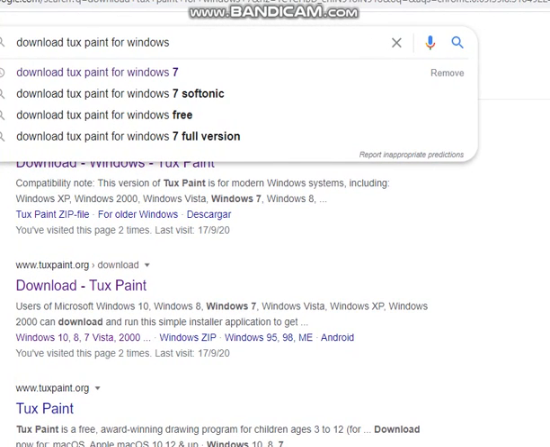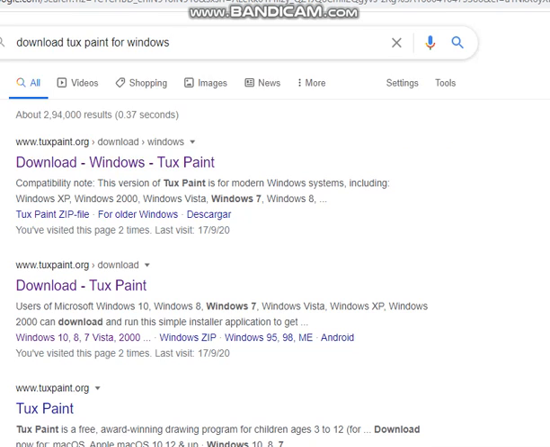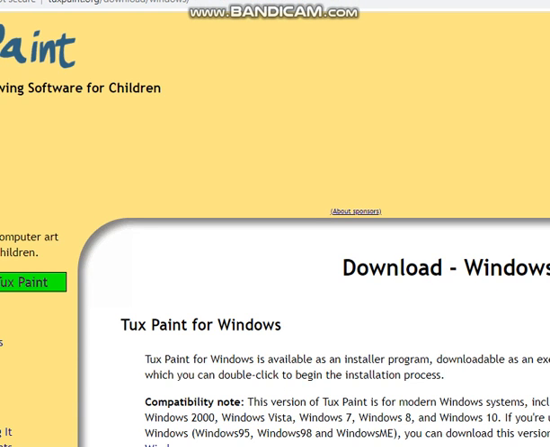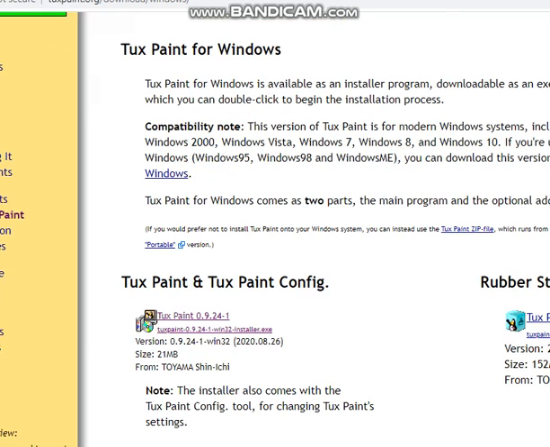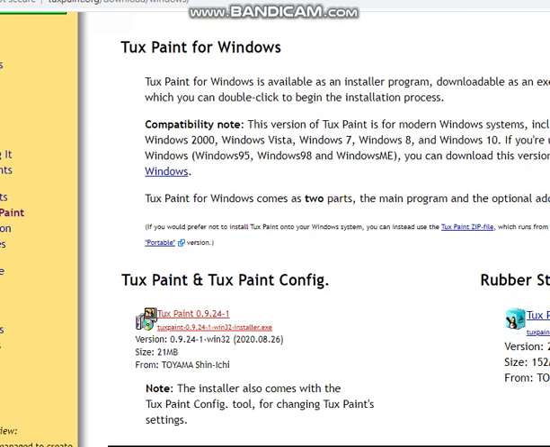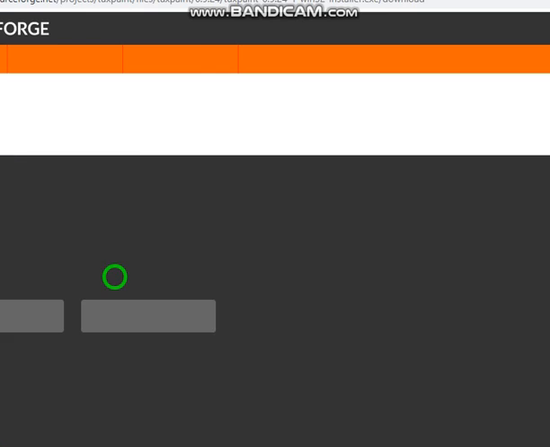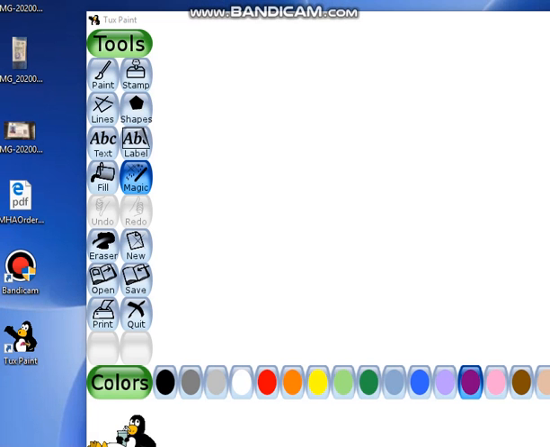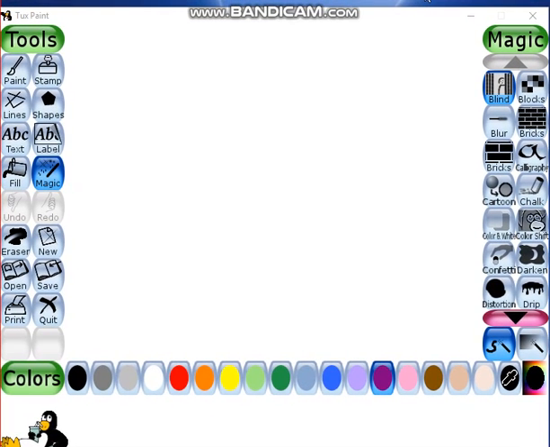Now you will enter this and you will go for the download Windows Tux Paint in tuxpaint.org, because that is the official website, and then you have to click on the Tux Paint 0.9 option and you will get Tux Paint downloaded in your system. This is how your Tux Paint looks.